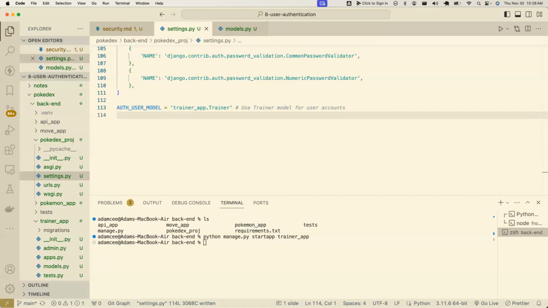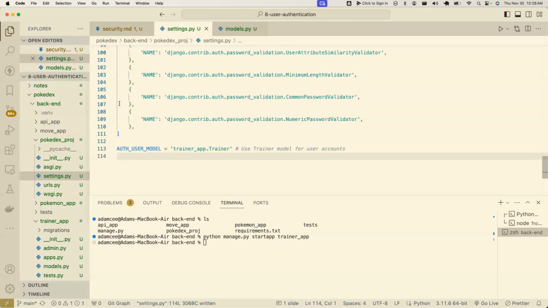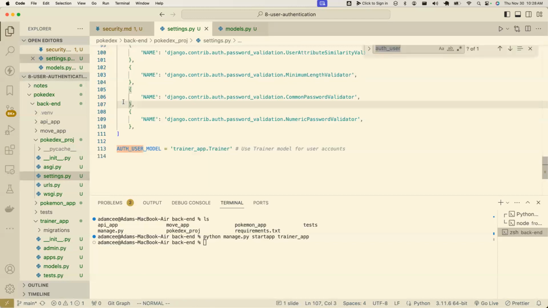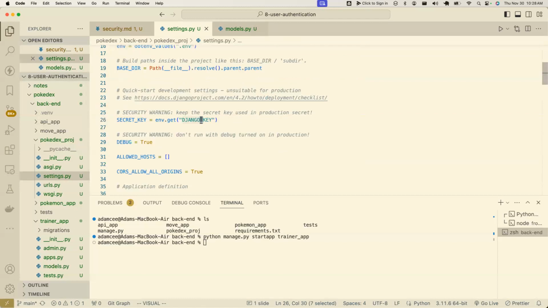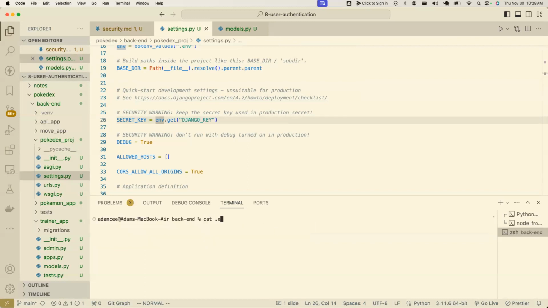While we're here, the one thing that we probably do want to do is with the Django secret key, because I think we might need it in a minute. You may or may not have this in your settings.py where you've done env.get Django key. Now that we're starting to do authentication, I think this is when this secret key actually gets used for hashing stuff. And if I print out my .env file,